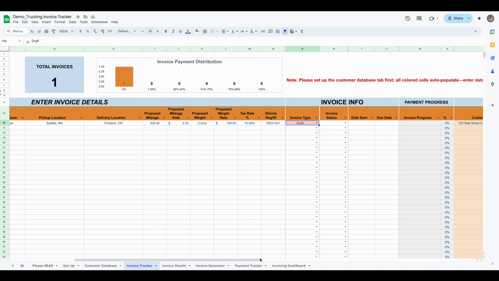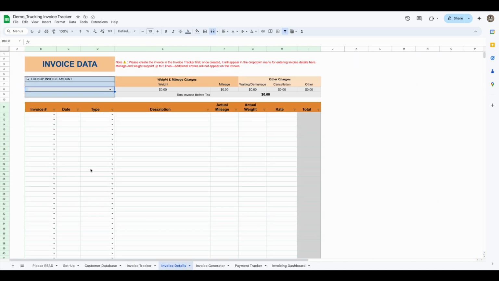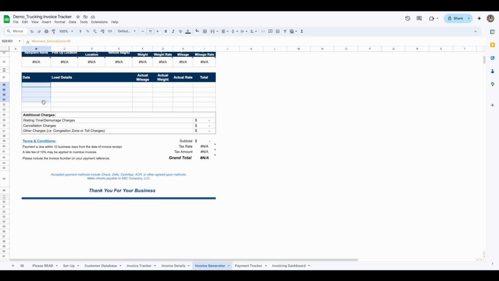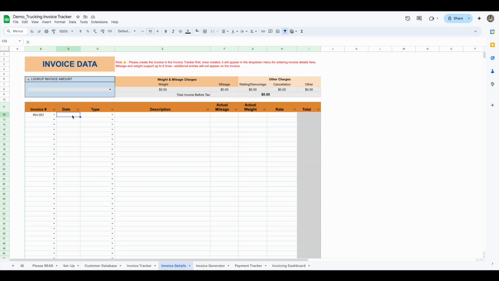Okay, so after you've set up that invoice, now you can go to the invoice detail. Here, after you set up that invoice, you can see it's part of the drop down menu. Then you can click on that invoice. Now you can put in the date. The date here is basically asking for the date in this section here, so the date and the load details basically, right? So the date here, let's just say on